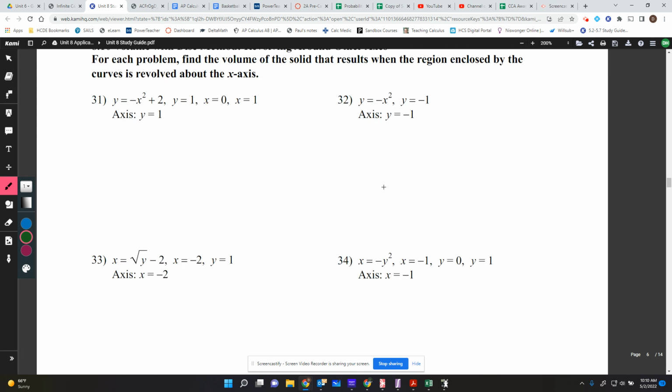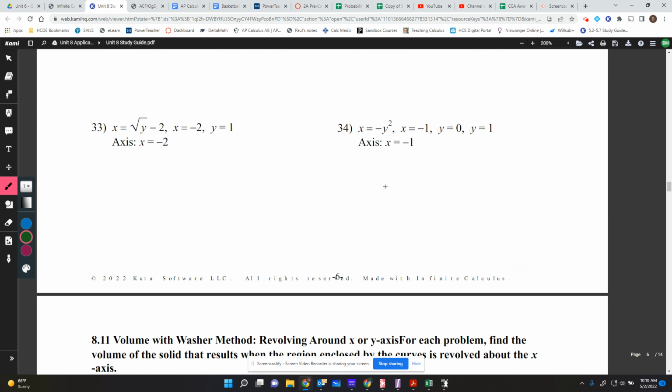So everything's in terms of x, your bounds are in terms of x, all of that. This time, it wants us to revolve around this line. So we're going to be revolving that way. And it's a little harder to graph in terms of y, so I generally don't graph it. You can if you want, but what I do is I know that my bounds are going to be, and this ended up being part of the graph as well. So I'm just going to see